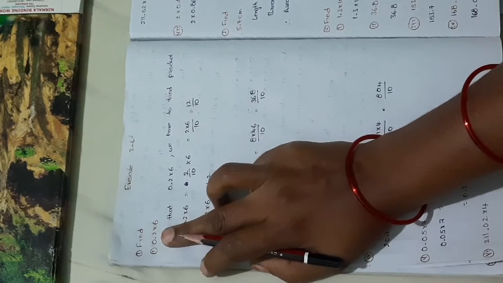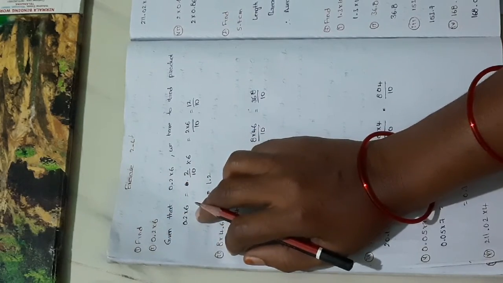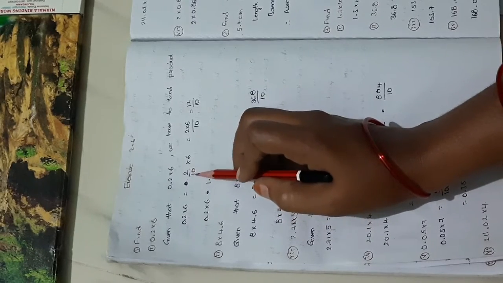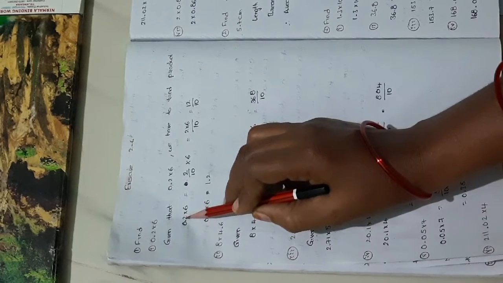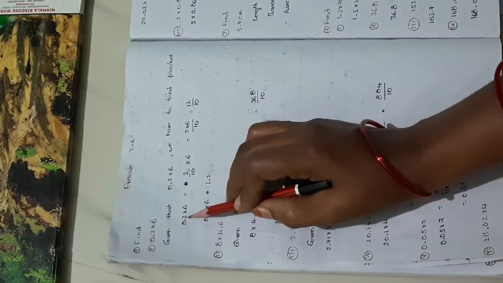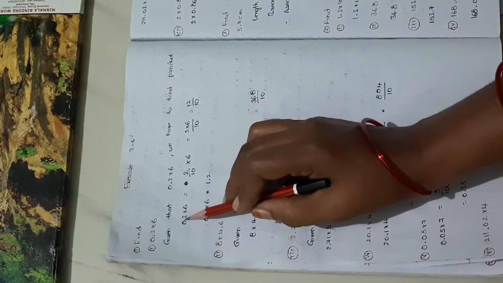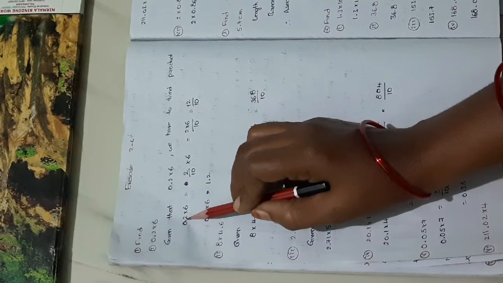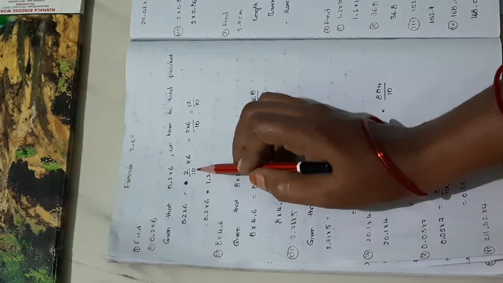We are going to multiply a decimal number 0.2 with a whole number. For that we are doing like this. 0.2 can be written like this, that is 2 by 10. Here we have one digit after the decimal point, so we write 2 in the numerator, and we count the number of digits after the decimal point. Only one digit is there, so I am writing the denominator as 10, that is the number 1 with a 0.